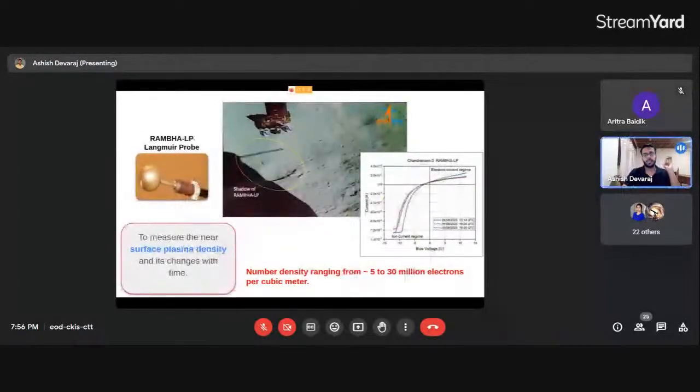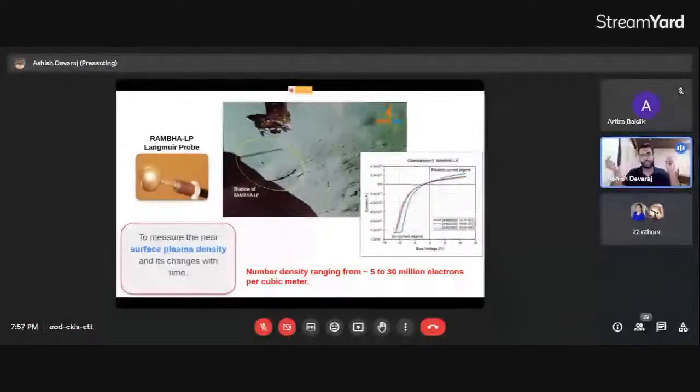Now coming to the RAMBHA results. RAMBHA was measuring the subsurface plasma density. It measured around 5 to 30 million electrons per cubic meter. That is the measure of plasma. Plasma is actually electrons or ions. So when you take a cubic meter of volume, you have 5 to 30 million electrons,